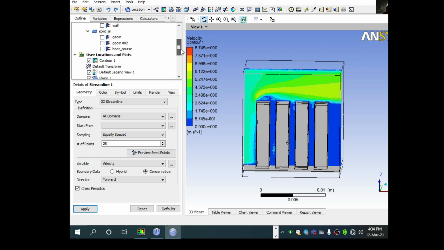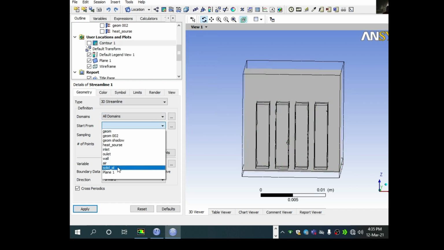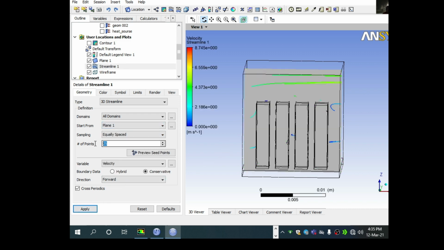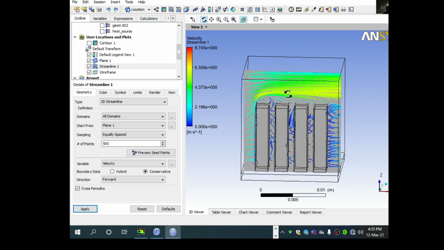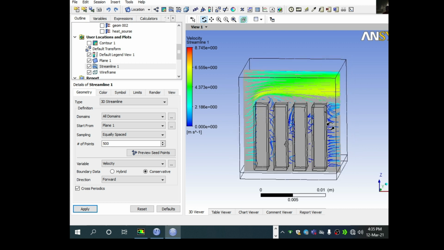I can turn off this contour. I will choose the plane, and I will increase the points. Yes, I am increasing the points, and now you can see here it is almost 0 velocity.